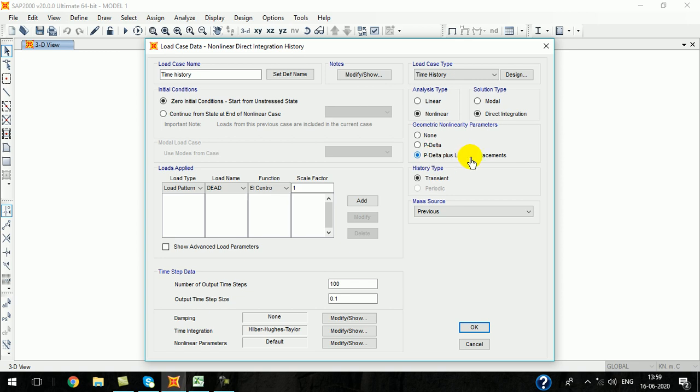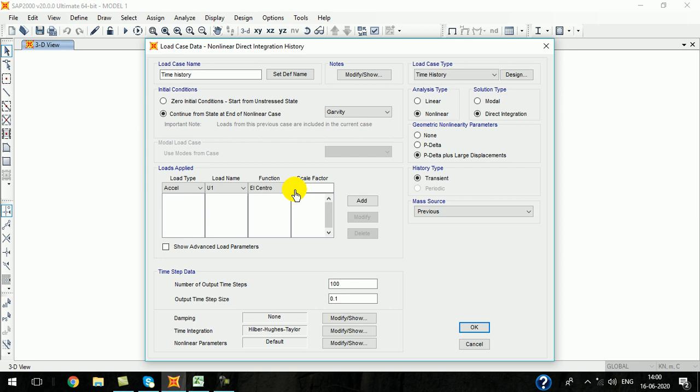P delta plus large displacement, it is transient only. Continue from the state of the gravity load case. And for this acceleration, we are going to apply it on the x-axis, so the corresponding degree of freedom is U1. The values of the time history function are defined in meters per second square, so the scale factor we are going to use here is only 1.